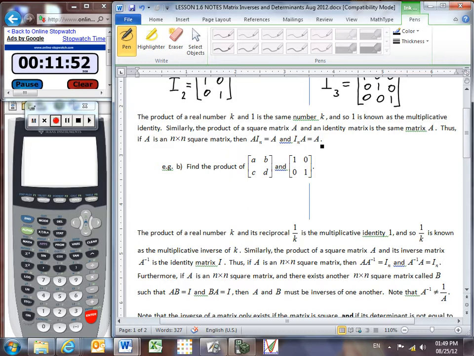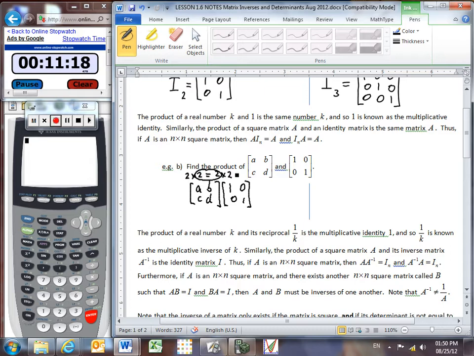So let's actually practice this. We'll find the product of [A, B; C, D] and [1, 0; 0, 1]. And of course, if you recognize this as the identity matrix, you can probably already anticipate that the answer will be this matrix unchanged. But let's actually work it out with some matrix multiplication. Of course, these are compatible matrices for multiplication, because this one is a 2 by 2, and this one is a 2 by 2. The inner dimensions are the same, and so it is possible to multiply,